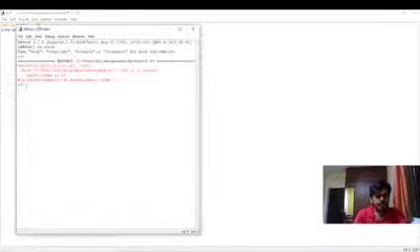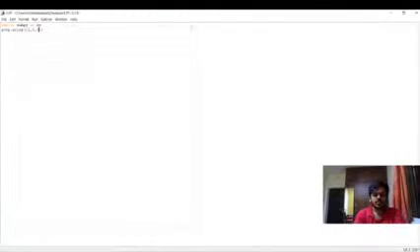Okay, import np. Module not found, no module named numpy. So we have to go through the procedure of how to install a package. We'll go to this PC,